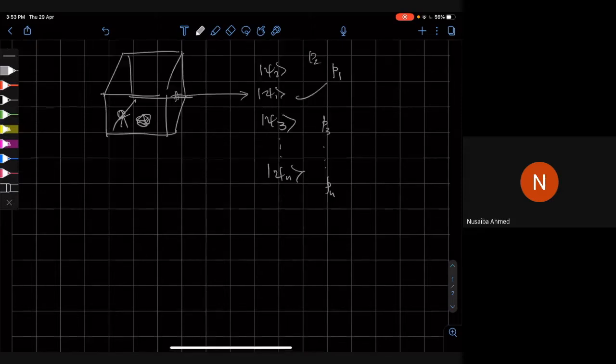And I'm claiming that this situation cannot be represented by a vector. Let me just show you why